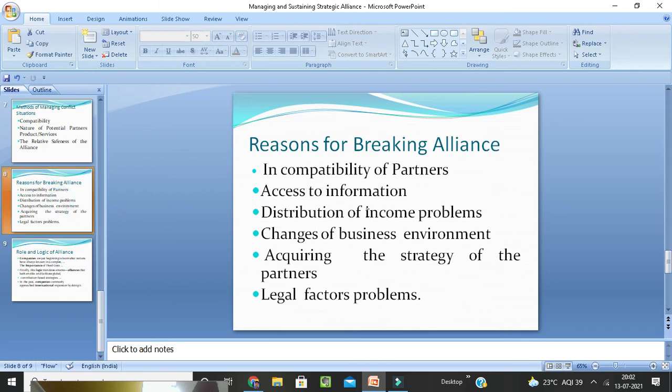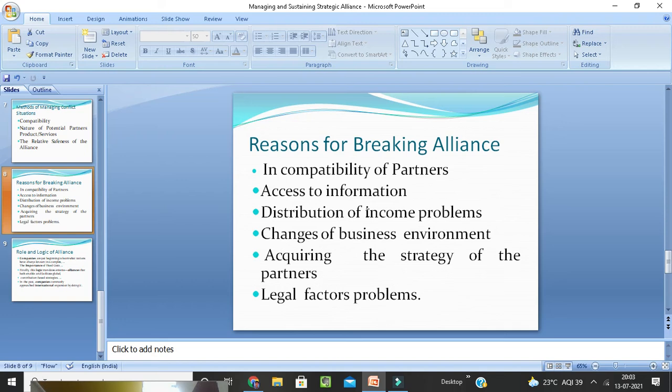Now, there are different reasons for breaking the alliances. What it can be, like incapability of the partners, access to information, distribution of income problems, changes of business environment, legal factor problems, acquiring the partner, strategy of the partners. In one word, I want to say breakup in the partnership. It means that there are many reasons and causes for the breakup of the partnership to take place,